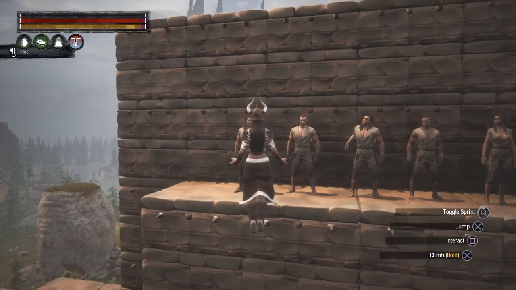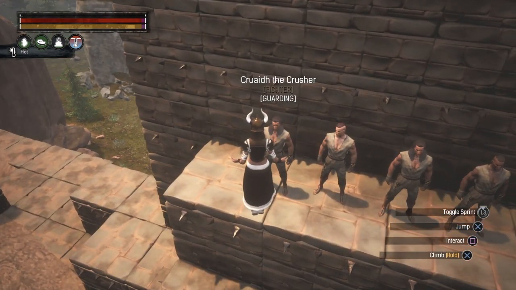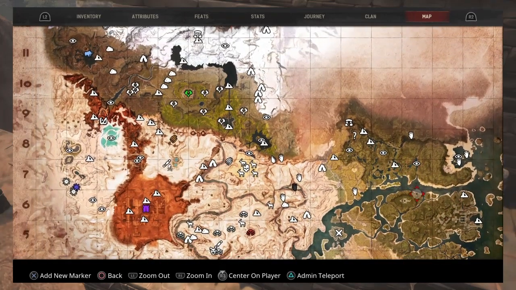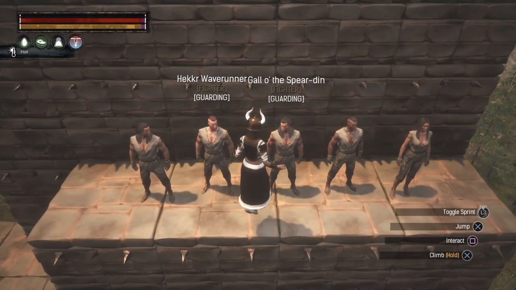Now let's go right into the names. Now we have Crawdad the Crusher. He's going to be a placeholder for any of the named Fighter Thralls, which is him, Braggy the Bold, and any jungle roaming Fighter Thralls, just because they have similar stats. Now that excludes any named Fighter Thralls from the Buccaneers Bay, especially the Captain's Quarters, because Heckler Waverunner and Gallows Spearden are a bit stronger than them in terms